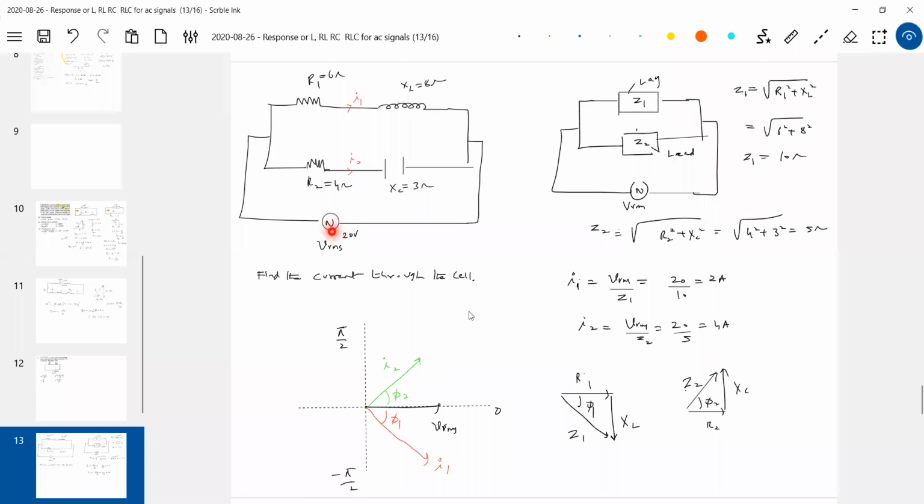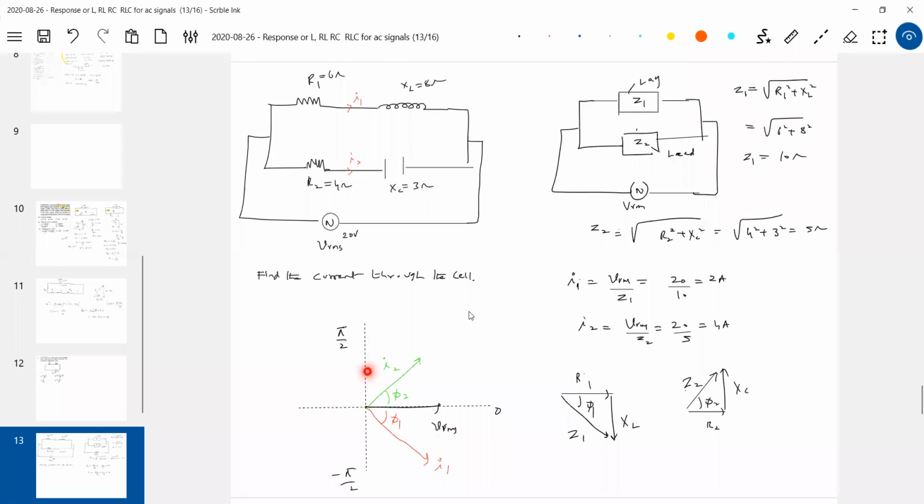Compared to applied voltage, the current in the RL circuit lags. Agreed? Compared to applied voltage, this is 0 phase. I took this as reference. It didn't say so, but to make the problem simple, I assumed this to be 0 phase. No, sir, I'll assume this to be 90 degrees. Yes, compared to 90 degrees, it will lag. So then you have to show VRMS here, then it will come here. I think the overall vector diagram will be like this only.